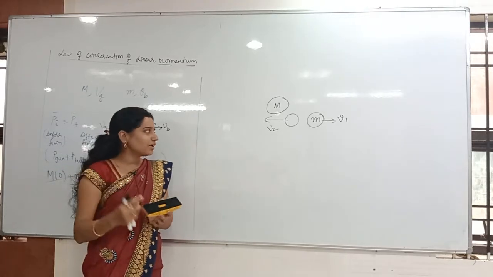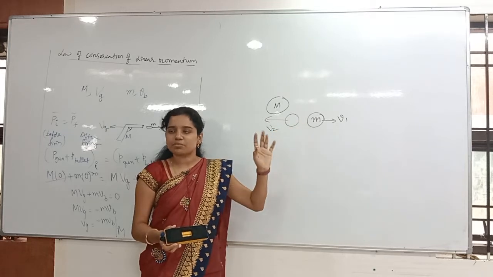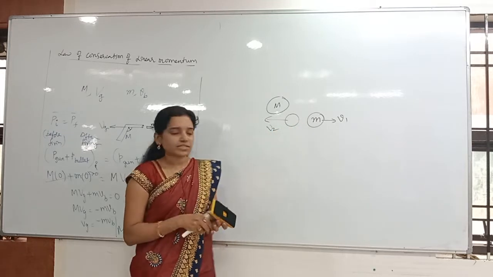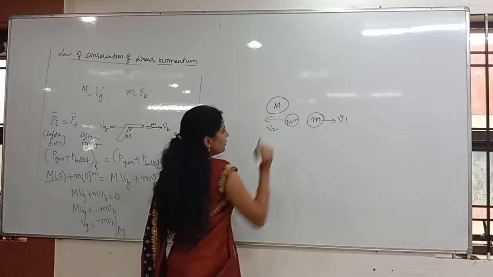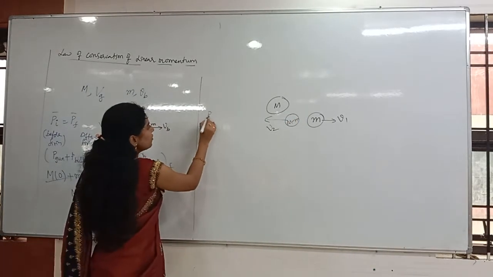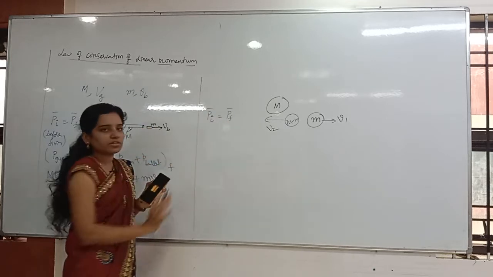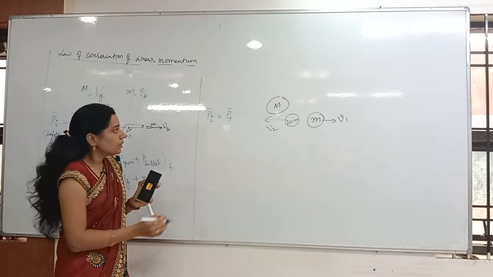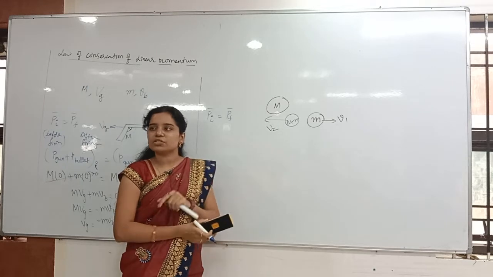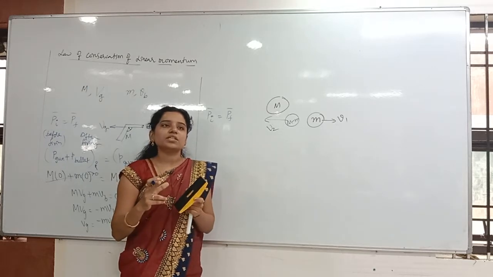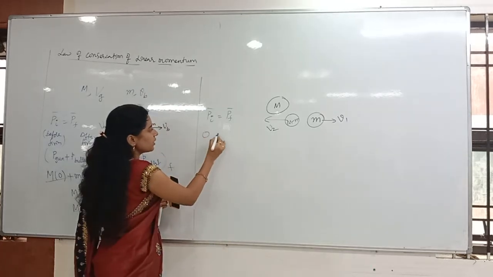The small basic logic is: here m is gone, so nothing but M minus m is remaining. The answer is only in that. Now again you have to apply the conservation of momentum. P initial equals P final, that is, before explosion equals after explosion. Before explosion, the shell is at rest. Rest means velocity is 0. If velocity is 0, momentum is also 0 only.